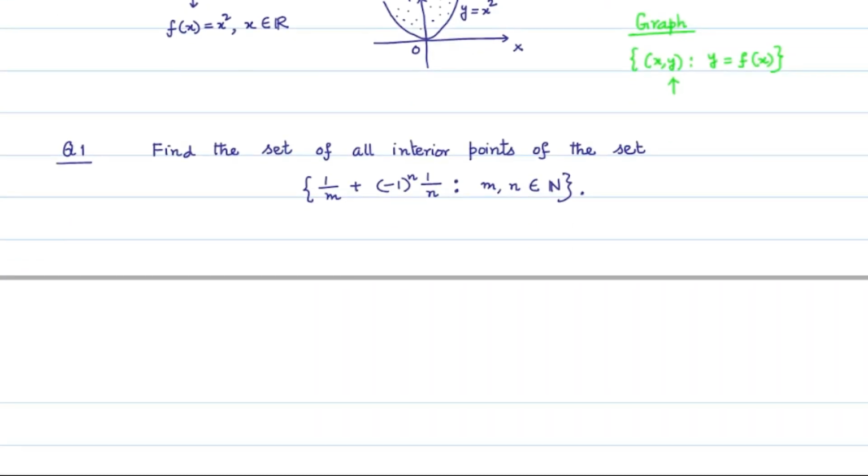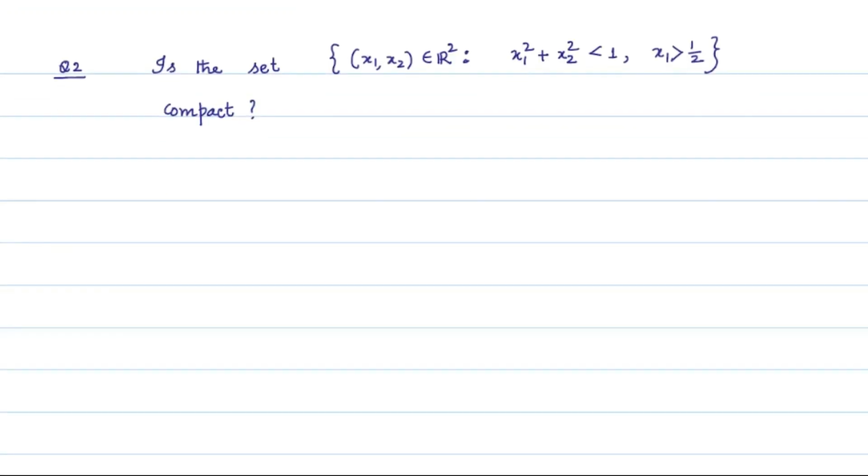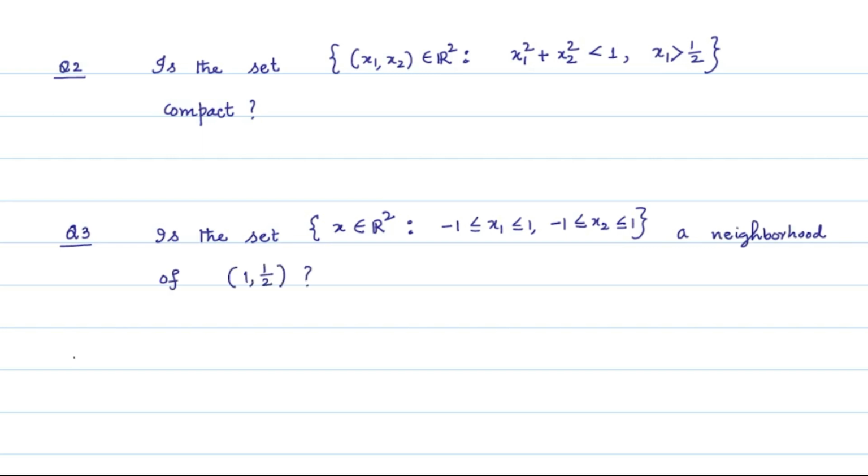The second problem is to check whether the set of points in the R2 plane which satisfy x1 squared plus x2 squared less than 1 and x1 greater than half is a compact set or not. Thereafter, try to find if the set is a neighborhood of the point, say (1, half), and finally try to draw the level sets, let's suppose L1 and L2, of